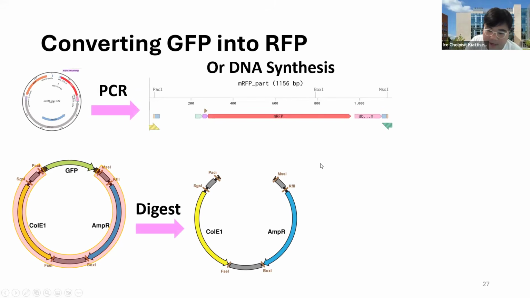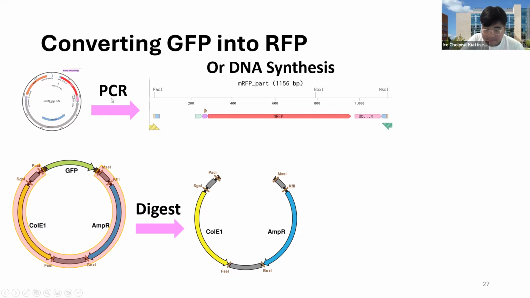And a lot of you who are working in synthetic biology have probably heard about some other fluorescent proteins as well. One simple process that we do all the time in biotech is that we take one existing plasmid and just change one part to the other. So what I'm going to show you right here is how to use Benchling